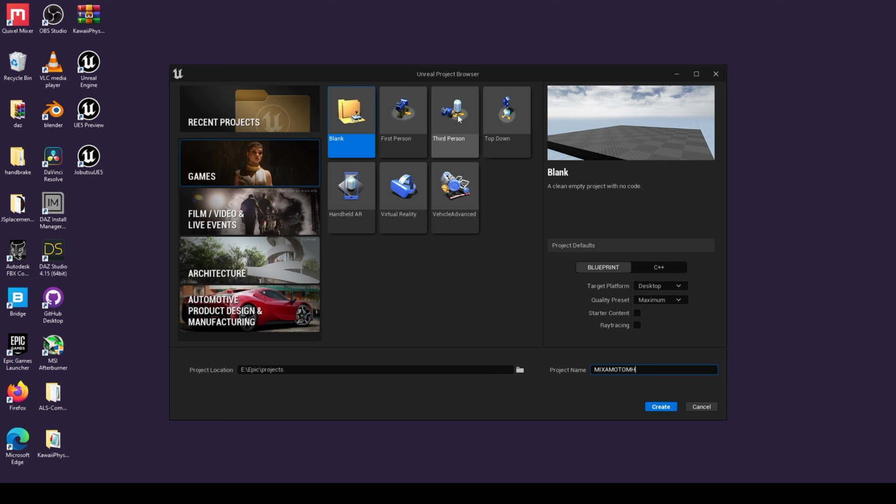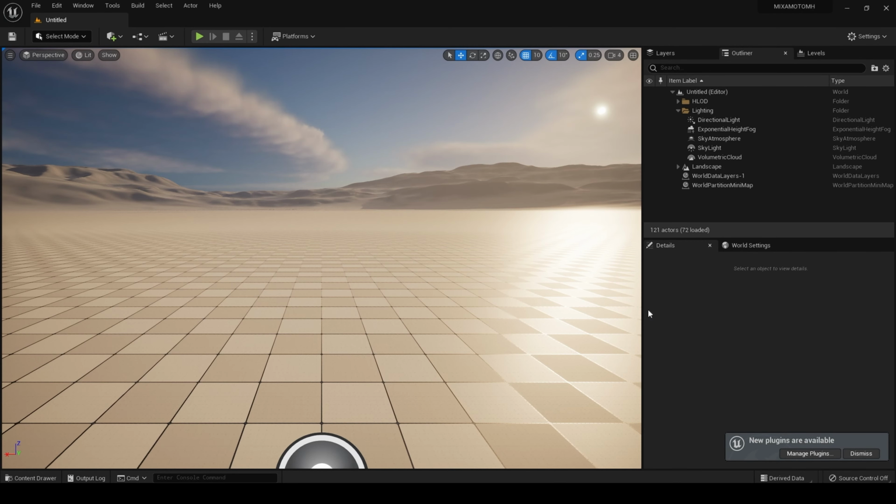You can choose a third person or whatever works best for you. But for my purposes, I only need a blank project. So let's create that. Once Unreal Engine is open,